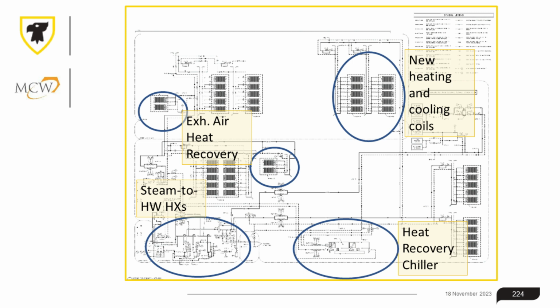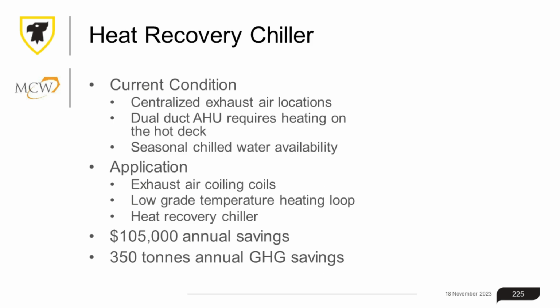Remember the 3 blue circles on the diagonal in slide 196? Because we're going to talk about those next. The heat recovery chiller and the exhaust air heat recovery. So